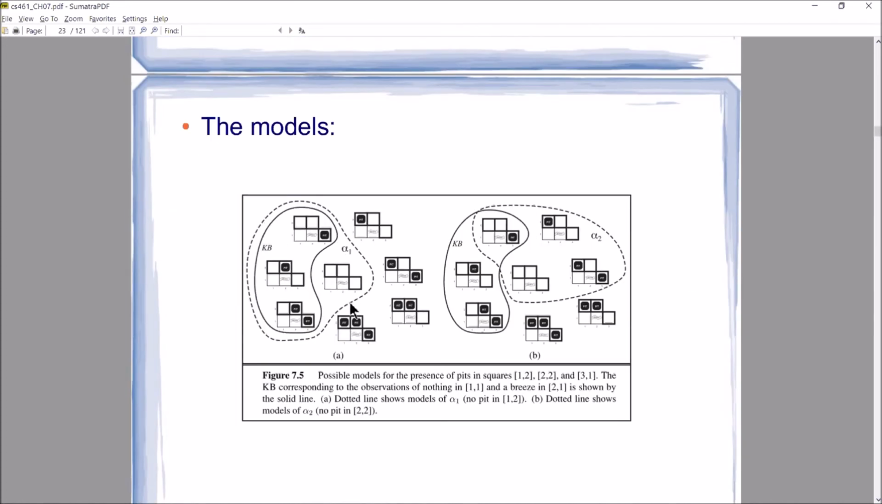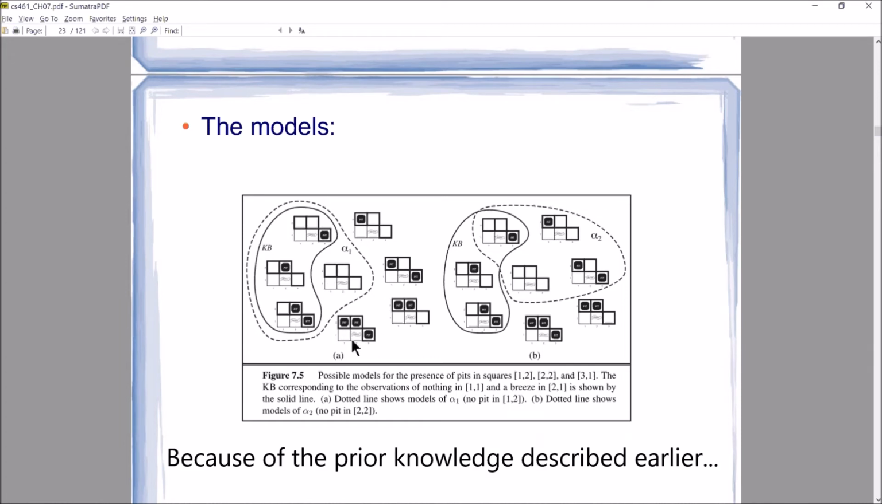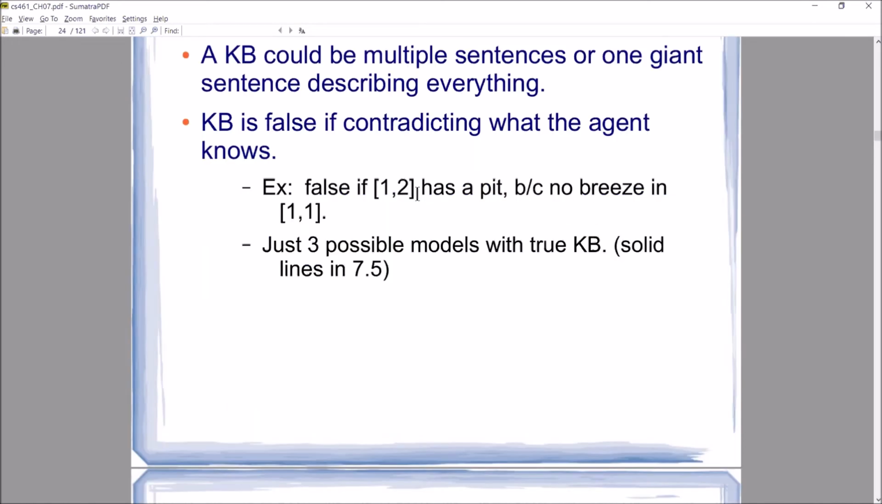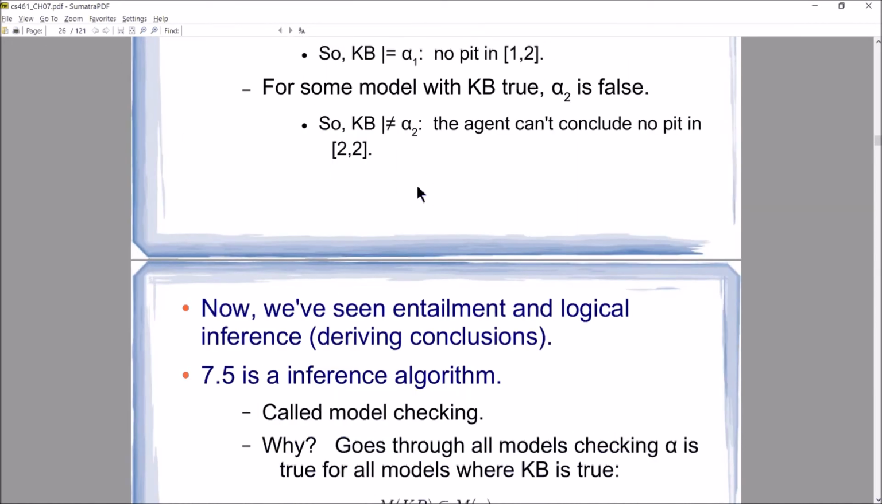This is alpha 1. Here's our knowledge base, okay? So this is true because in our knowledge base, no pit in 1,2, and in this possible world right here, no pit in 1,2. Remember, we could eliminate these other possible models for reasons I just said. Now, let's take a look at